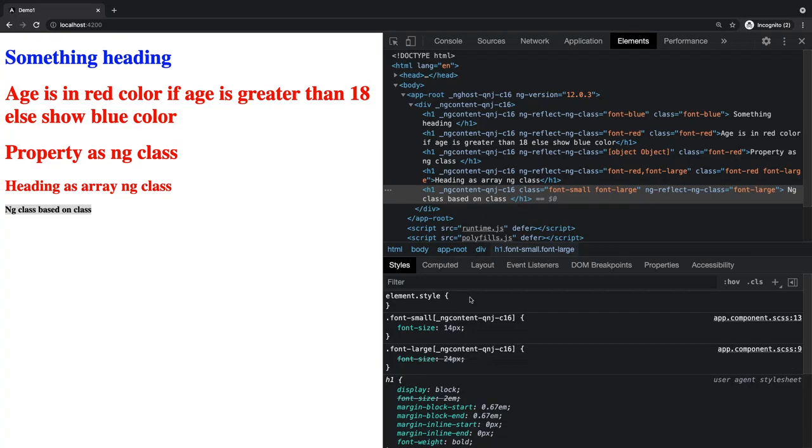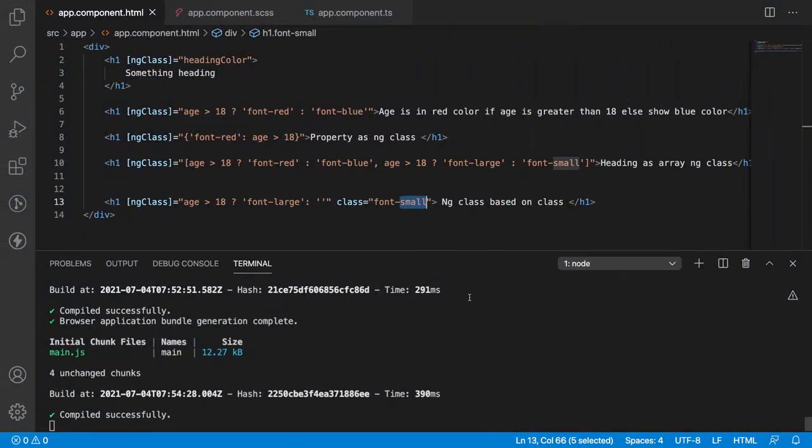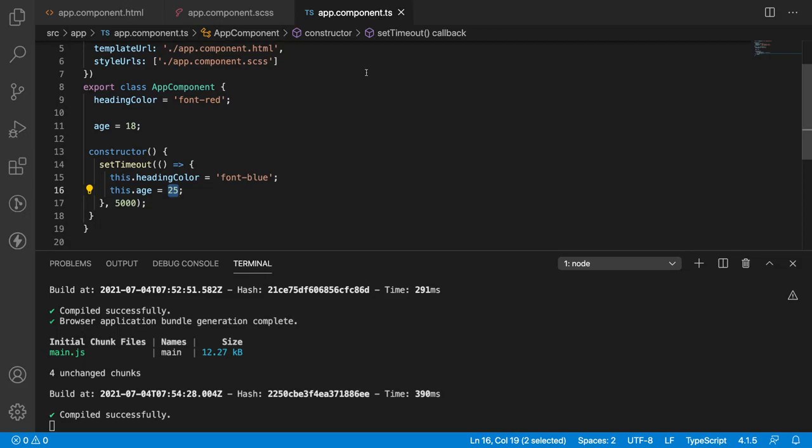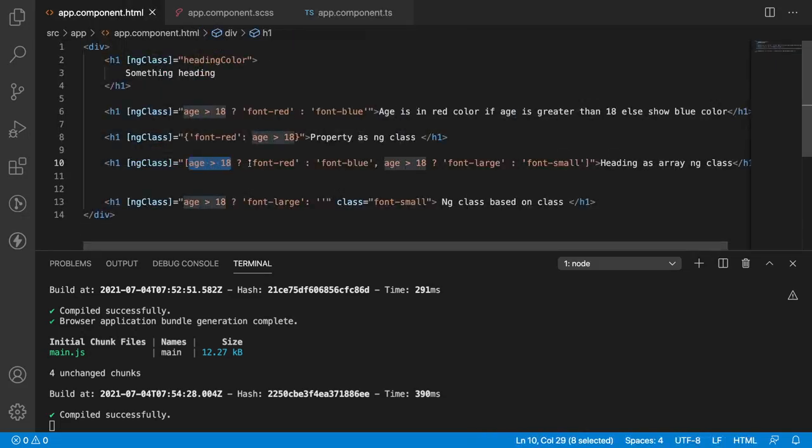So what we understood from this, whenever there is an ng class and the class which have the same properties, that means here the font small, font large both have the same property, that is font size. So it will always focus the CSS class, not the ng class. So who will be the priority? CSS class will be the priority. This makes our work very simple. No need to get the element, no need to add the class, no need to remove the class. Whenever you want to add the class, define the class variable, or based on the conditions, use the classes.